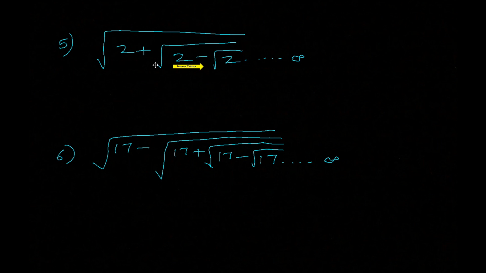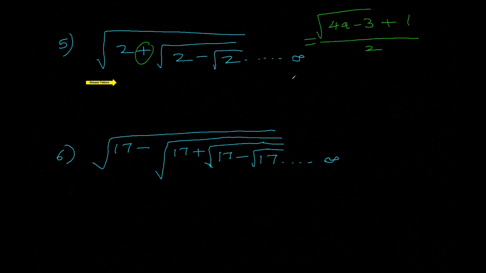Now let's do with the alternate signs. Both plus or minus in the same question. So what is the formula I gave you? A little difference in the formula. 4a minus 3, not plus 1. And first sign, what is the first sign? Plus 1 upon 2. So the difference in the formula is when all the signs are same, 4a plus 1. If they have alternate signs or both plus and minus, minus 3. Be very careful. Please remember this point, students.